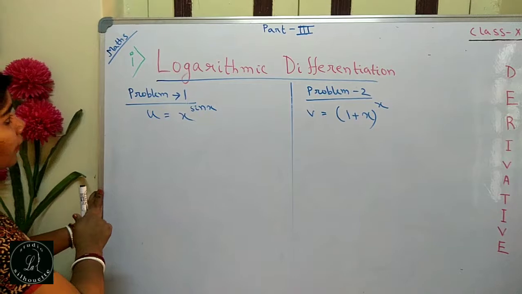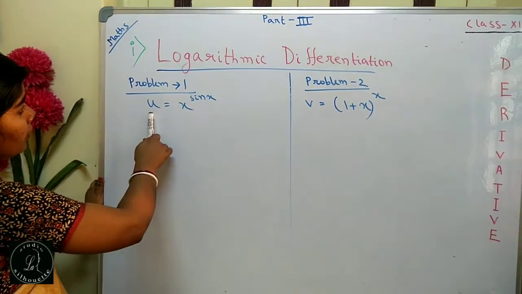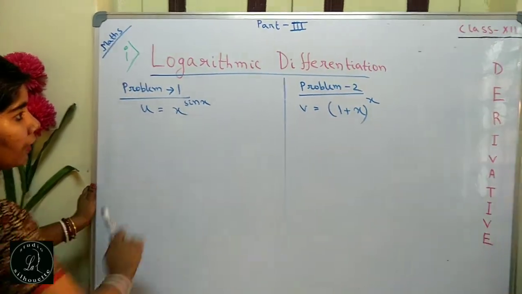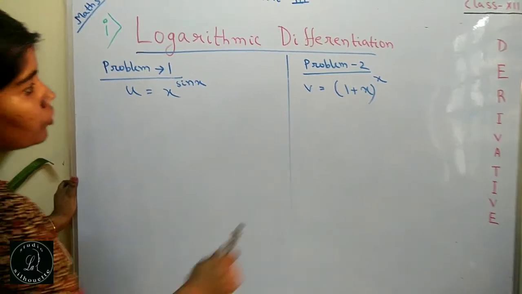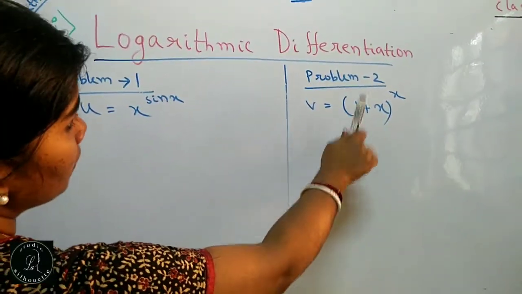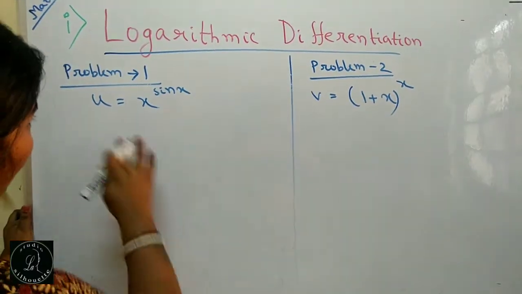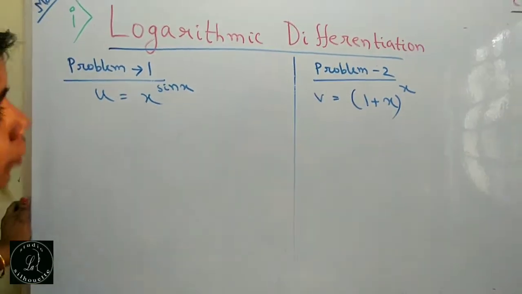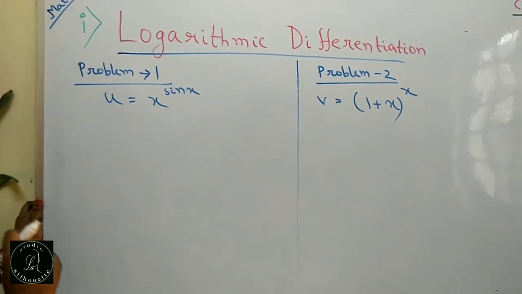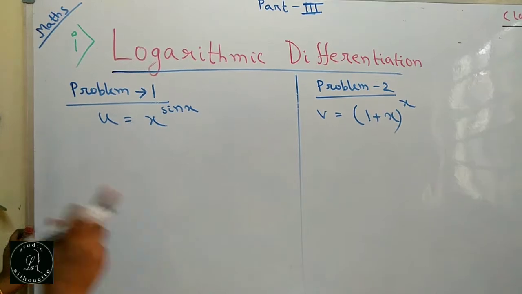First, we will discuss this kind of function, y equal to u to the power v. So here I have taken two examples. First one is u equal to x to the power sin x, and second one is v equal to (1 plus x) whole to the power x. Now how to find the derivative of this kind of functions? To find the derivative of this kind of functions, we have to use